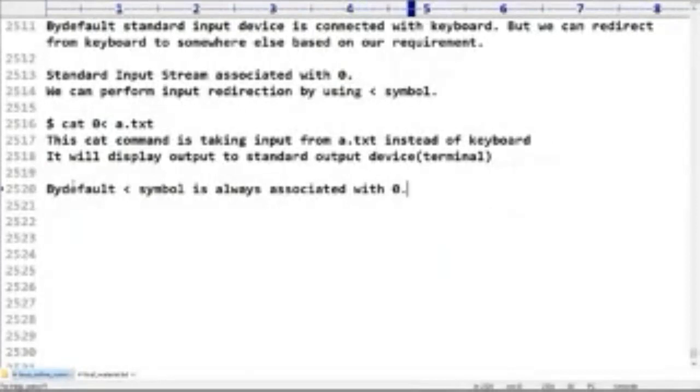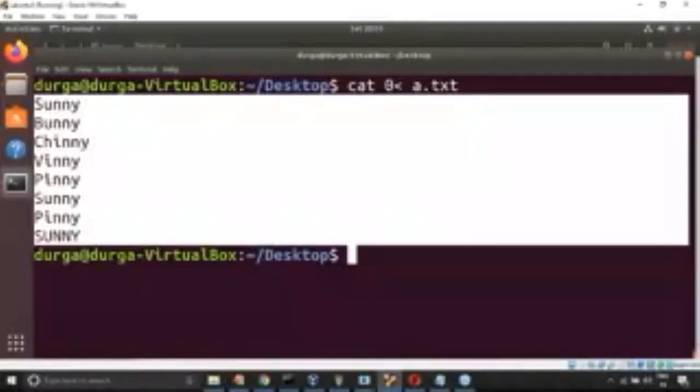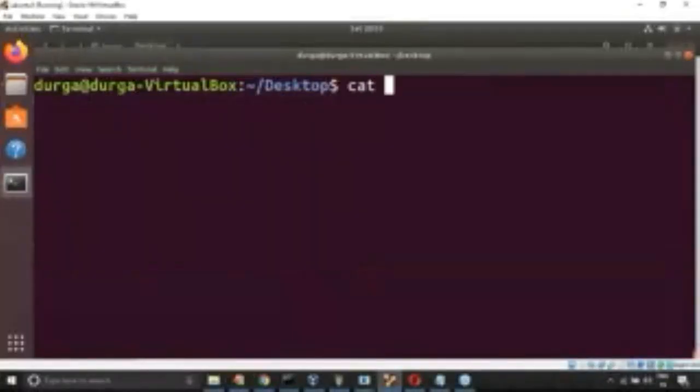Remember this one. Hence we can remove 0. No problem at all. Now cat less than a.txt. Now it is taking input from a.txt and displaying that data to the standard output device, which is the terminal.